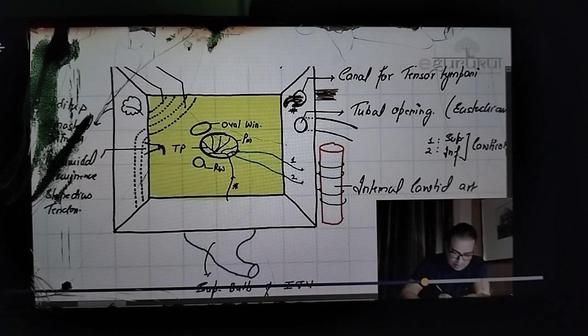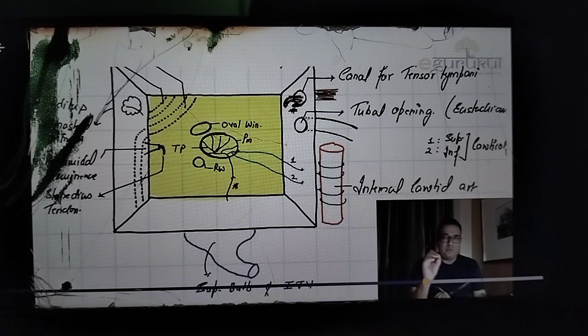So the stapedius tendon. It makes sense, guys, because the stapes is attached to the oval window. So the stapes is toward which wall? Is the stapes toward the lateral wall or toward the medial wall? Toward the medial wall. So this pyramidal eminence, which is giving space for the passage of the stapedius muscle,